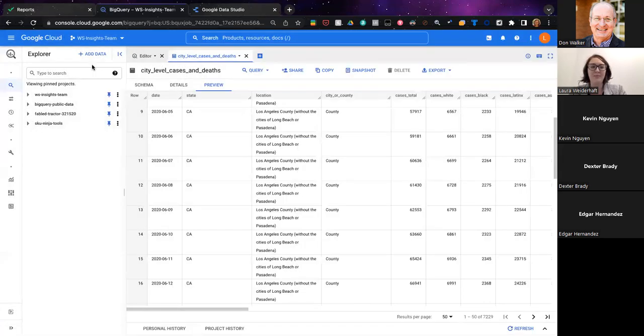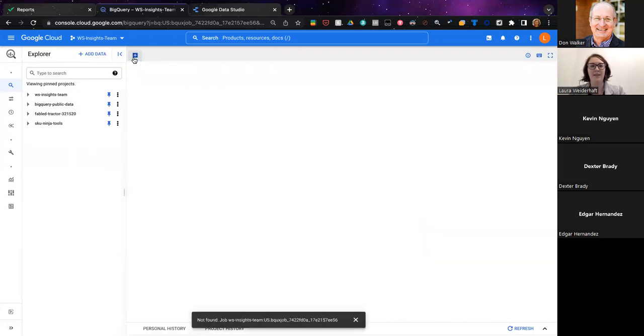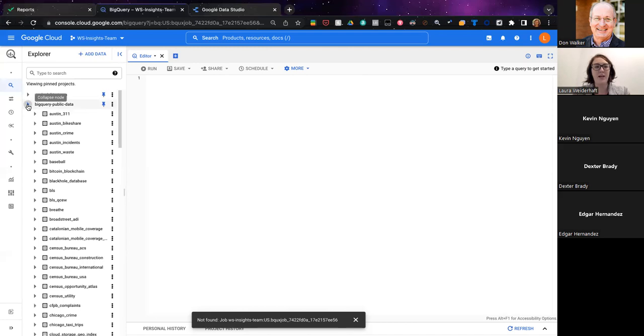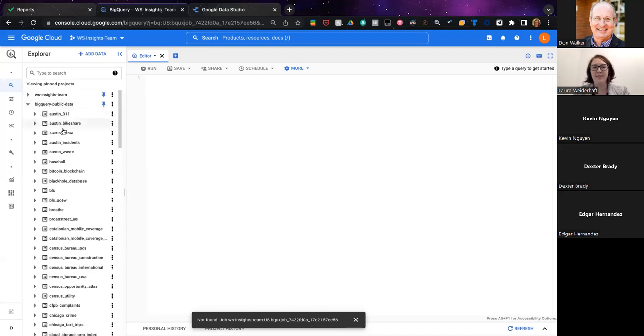The user interface is pretty standard. We have a query editor where you can just start writing queries. But Google does quite a bit to help you along the way to get your queries written. If you're exploring data, every data set lives under a project, and every project has different data sets.